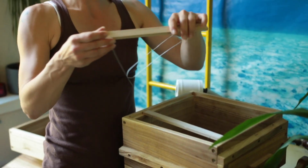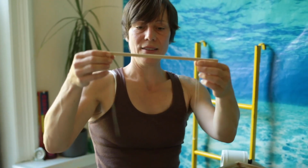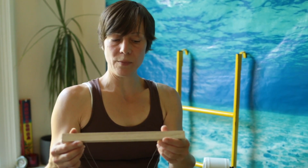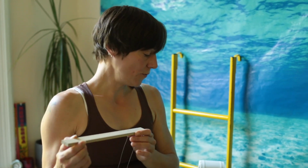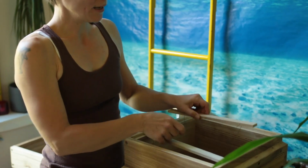This is a contraption I started making to remove the comb from the kitchen vent and then to strap it in here. But I have a feeling that metal is not the right thing for bees. I have a feeling that they will not like this. So I'm still thinking about other possibilities, maybe just using some natural string or twine, something like that, to fix the comb in there. And once we got the bees in the hoover and the comb out of the vent, we can put the comb in there